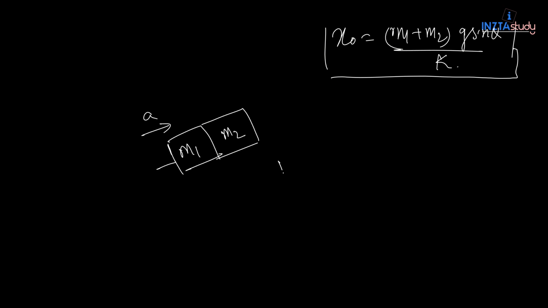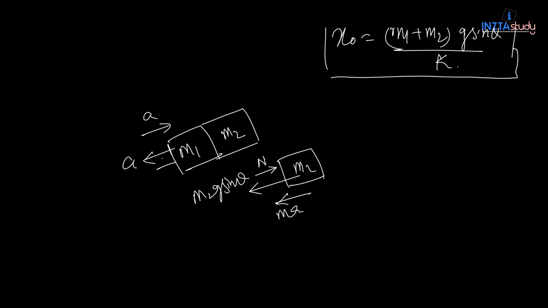what is the force acting on m2? First thing is m2g sine theta. Second thing is the normal, and if we take it with respect to this m1 moving in this direction, it will have a pseudo force ma. So in this direction normal cannot be 0, but if m1 has an acceleration a down the plane, it will have a pseudo force up the plane.